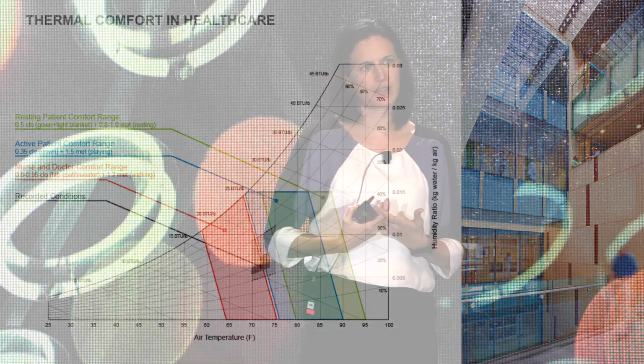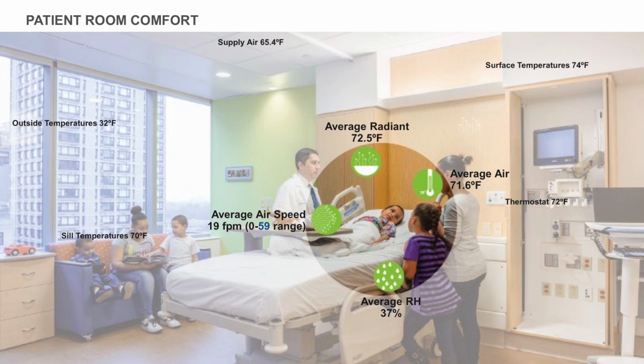One of the challenges that healthcare also faces is you have very diverse populations with diverse needs. If you just use that standard model, not even taking into account other things like illnesses, where patients may be comfortable doesn't even overlap with a lot of your clinicians, because they're wearing more clothes and they tend to be moving around. This is a pretty challenging environment, as I'm sure many of you know, to try to accomplish thermal comfort. And so we went out and started measuring a lot of different spaces